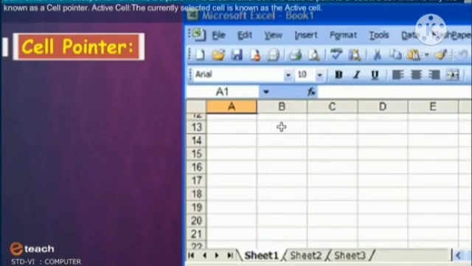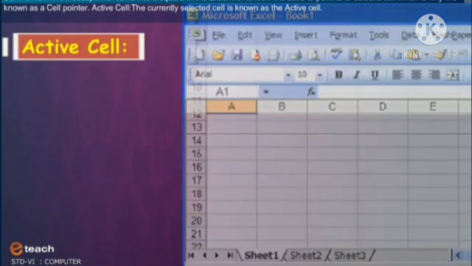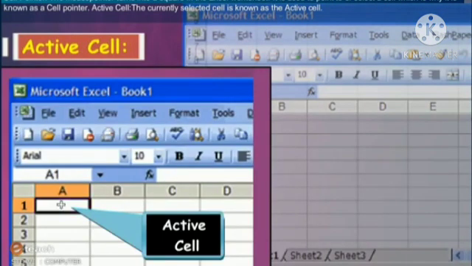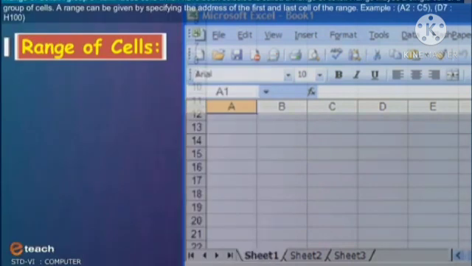Cell pointer. The mouse pointer turns into a square in the Excel worksheet. It is used to point to or select a cell, which is why it is known as a cell pointer. Active cell. The currently selected cell is known as the active cell. Range of cells.